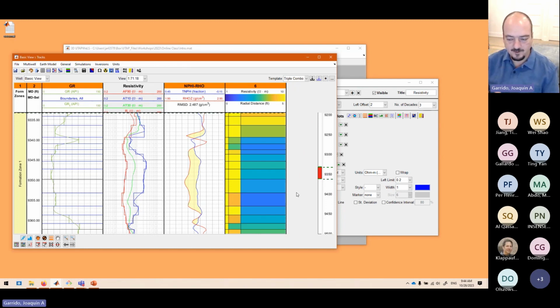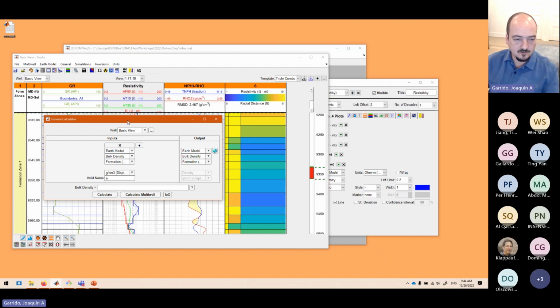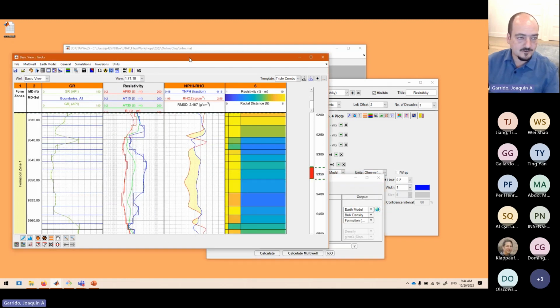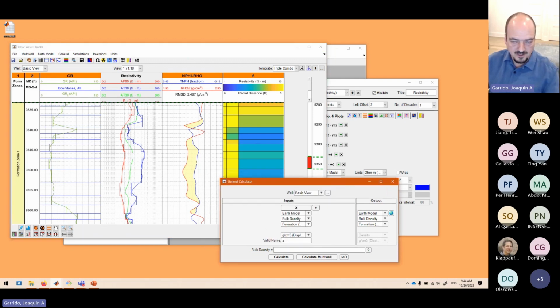This would be the very basics of plotting. Now, besides this, I can show you also the general calculator. I want to give you an idea of how this can be used. Let's say that instead of just getting the radius as constant, the borehole radius, we want to use information we have here. So we can use from the LAS,